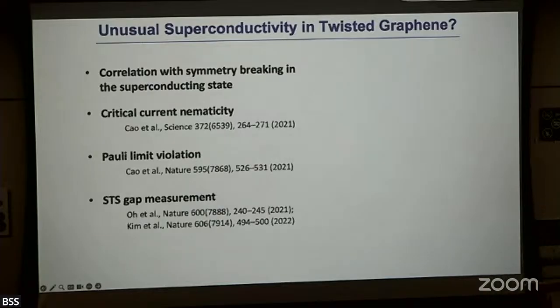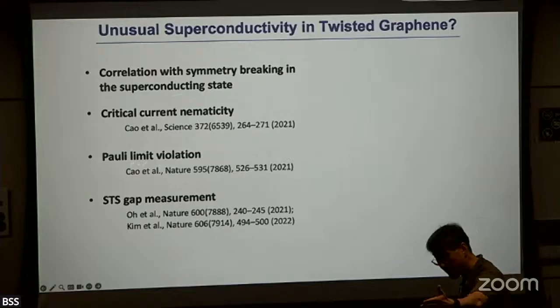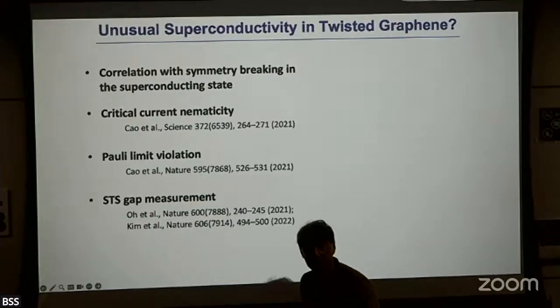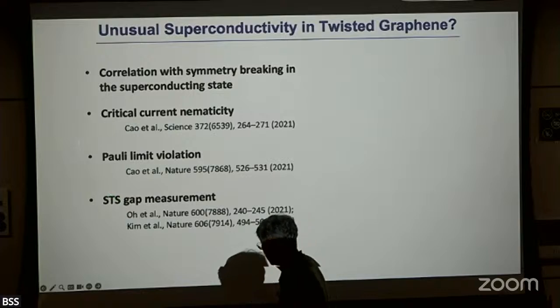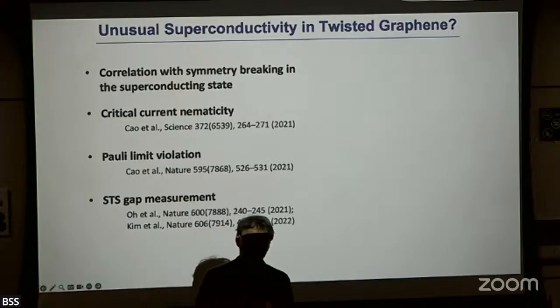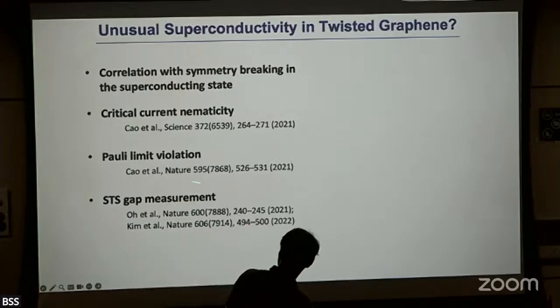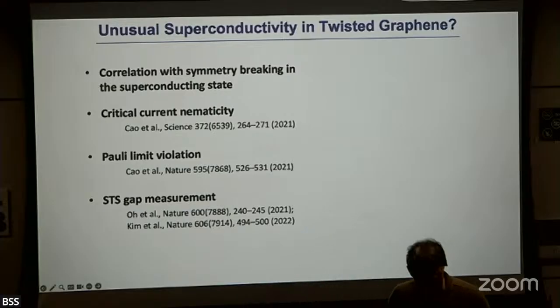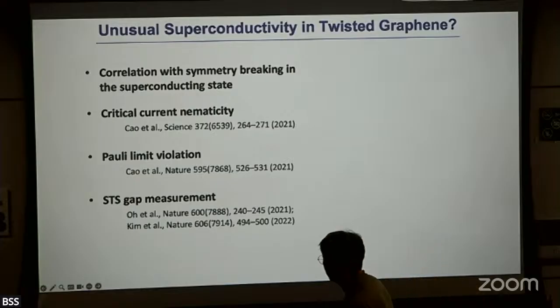The other one is that there are a few other things, like critical current nematics, in other words, there is a directional dependence, and some of the other broken symmetry states appear. With an in-plane magnetic field applied, superconductivity survives up to many Tesla, strongly breaking the Pauli limit. In other words, again indicating that maybe the Cooper pair is made of equal spin potentially. And then spectroscopic results coming from the STM also give you a gap that cannot be easily explained by BCS-type things. All these things are one part.